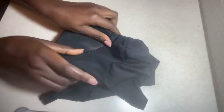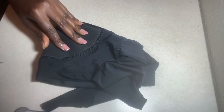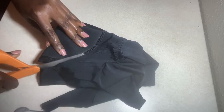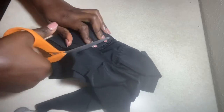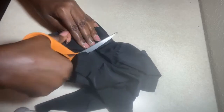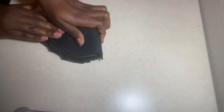So now I want to get a circle out of it. I folded it into two, then into four. Then I'm tracing it out like a cone shape for me to get my circle. Hope I won't cut my hands. So now here we have the circle,